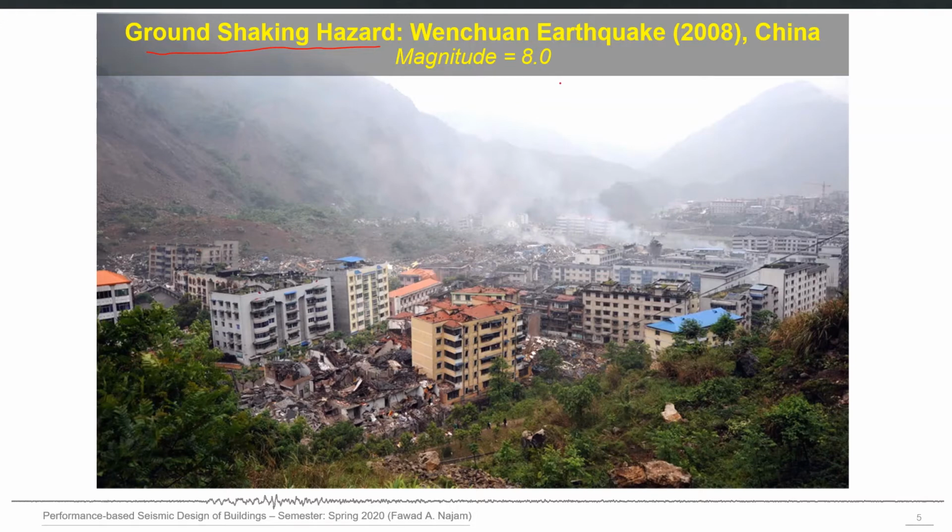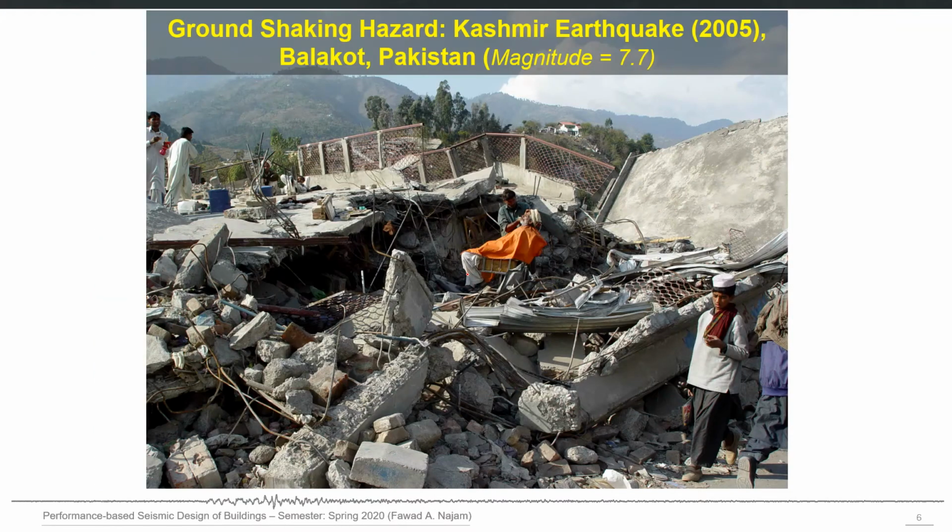This is the Wenchuan earthquake in China in 2008, and it was a magnitude 8 event, and here you can see the structural damage caused by this particular earthquake. Almost all of the structures here experienced moderate to high damage, and some of them completely collapsed, you can see here. Another example is the Kashmir 2005 earthquake, this figure is taken by Professor Penang Varnichai, and this was taken